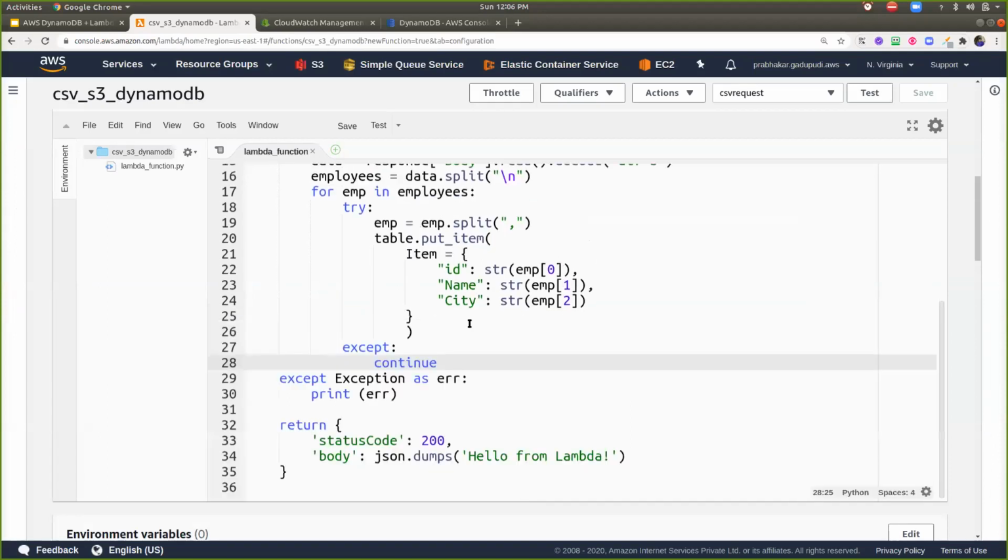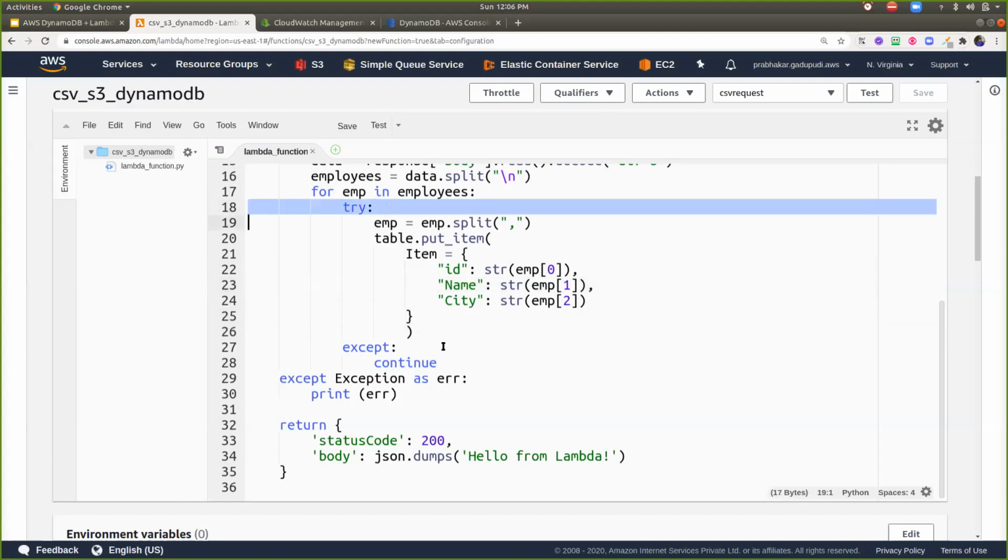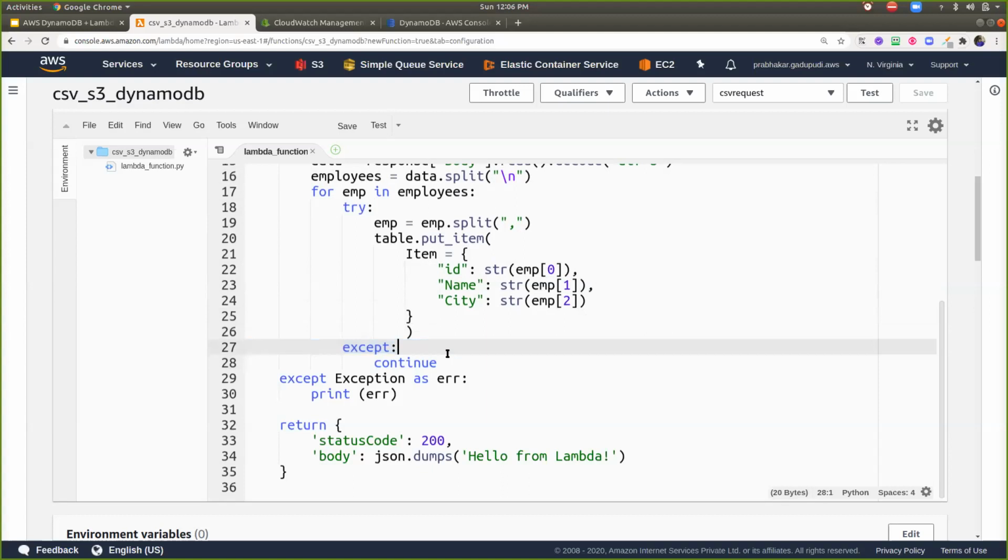As soon as you are performing any CSV operations, what happens at the end of each file? If it finds any \n, it will identify it as an additional row, and when I try to access those elements, it will give an index out of bound error. That's why I'm using the try-catch exception. If any exception occurs, I continue the loop instead of breaking it.